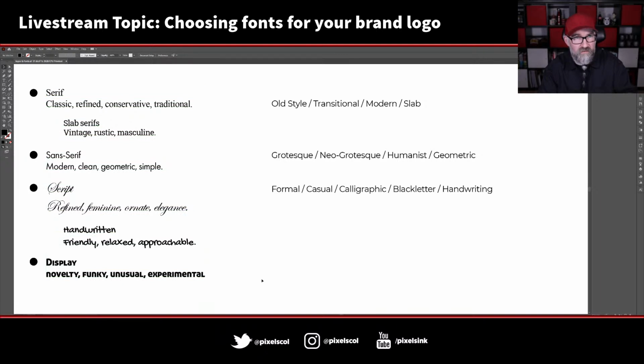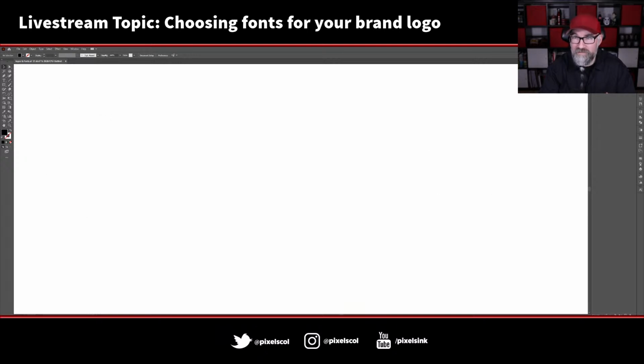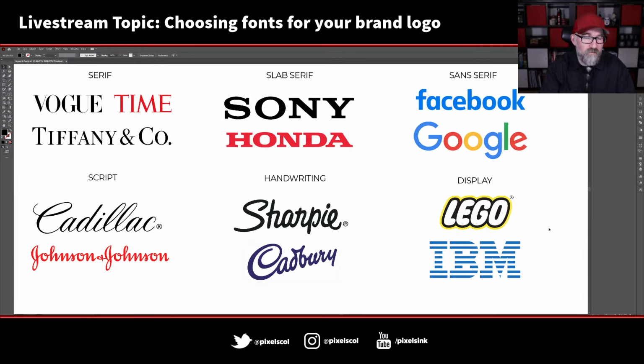So things like a graffiti type font. Tattooists sometimes use black letter that we talked about earlier on, but tattooists tend to have fairly funky looking hand-drawn stuff, which I would class as display. Like I say, it can all be a bit fluid, and it depends on the situation that it needs to be in as well.